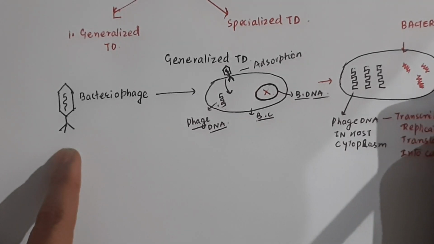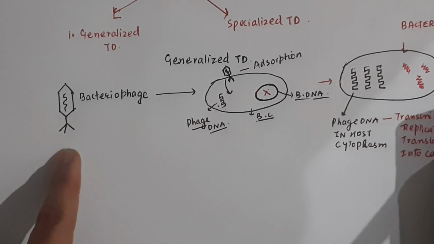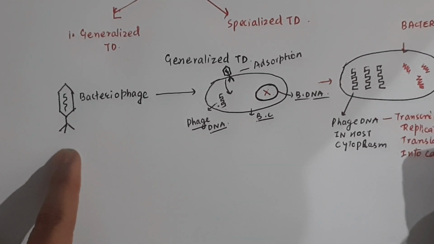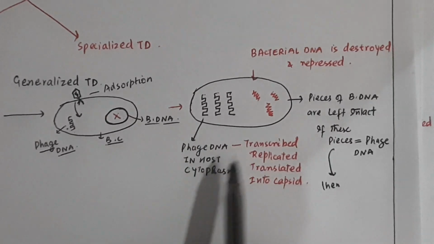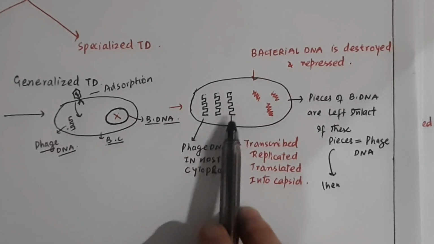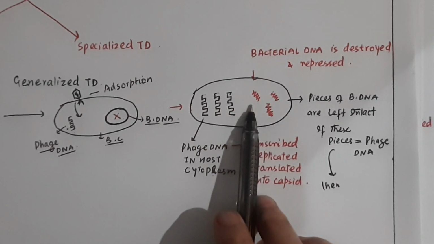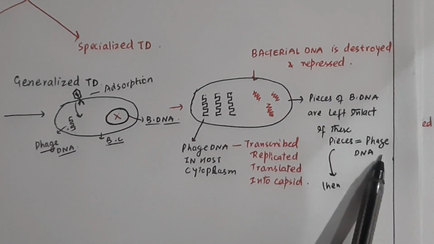The phage DNA in the host cytoplasm is transcribed, replicated, makes its own copies, and uses the RNA polymerase to translate into capsids. What happens to the bacterial DNA? It is destroyed and repressed. But sometimes pieces of bacterial DNA are left intact. If these pieces are equal to phage DNA, then